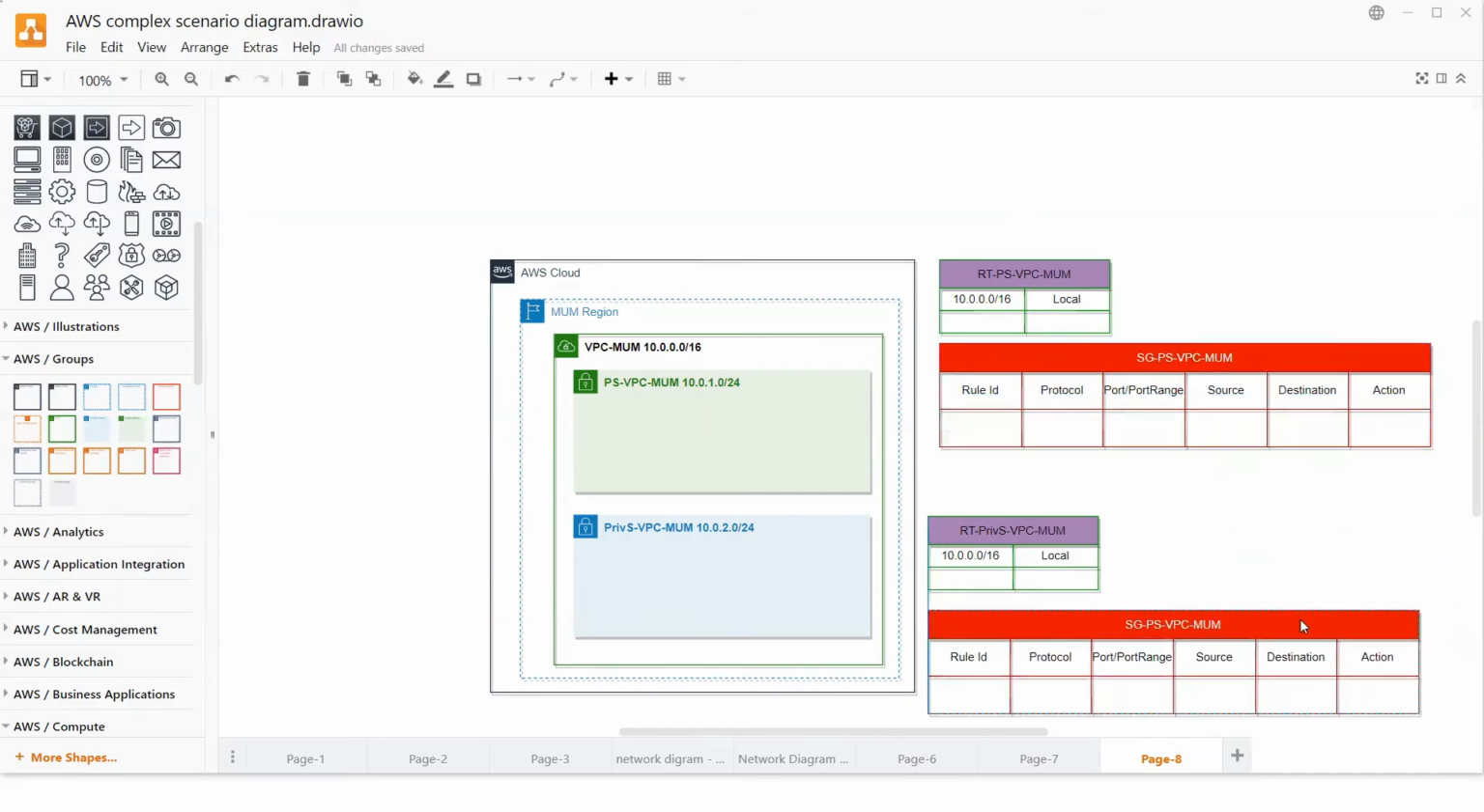Create the security group for private also. So this is how the diagram will look like. So let's define the